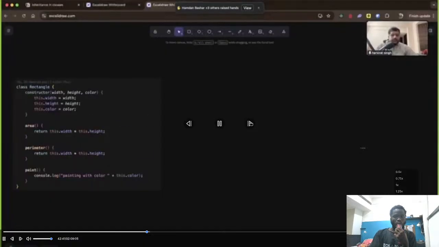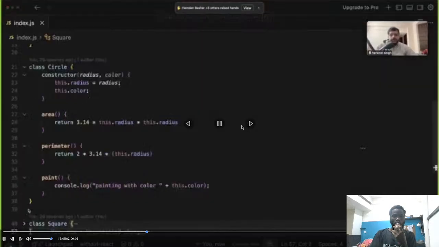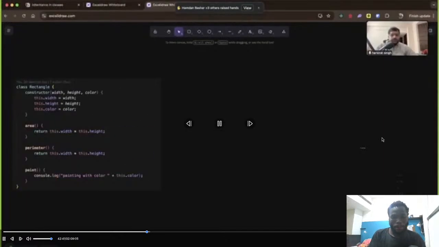And now with inheritance we can do the same thing. Inheritance in JavaScript classes allows one class to inherit properties and methods from another class. It would be nice if they're all written in a single place. A rectangle, circle, and square are all shapes. So what if I could define a shape class where